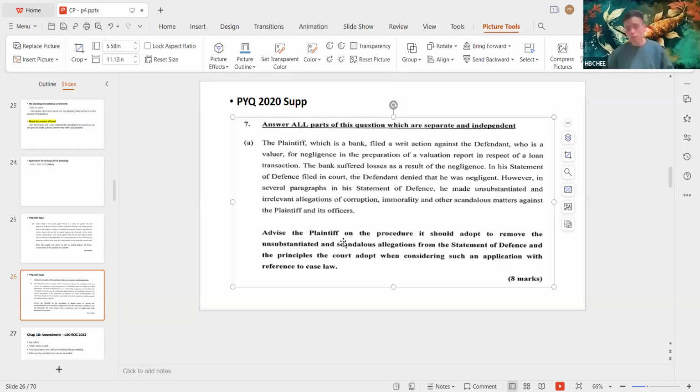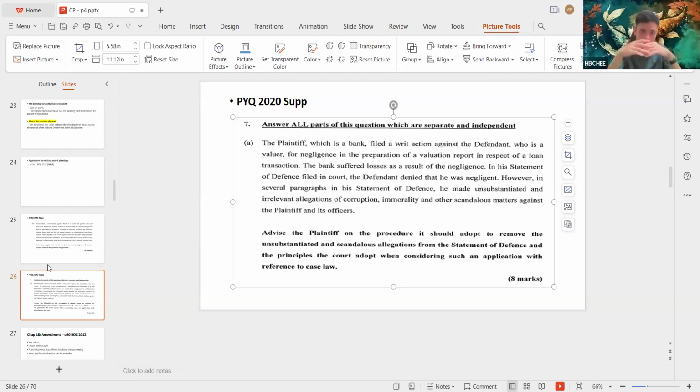Yeah, because the reason I think you amend is only for the plaintiff to amend his own pleading. But now he's going to remove the defendant's pleading, so it's unlikely that the plaintiff can amend the defendant's pleading, but instead he can just strike out. So maybe you have to add on